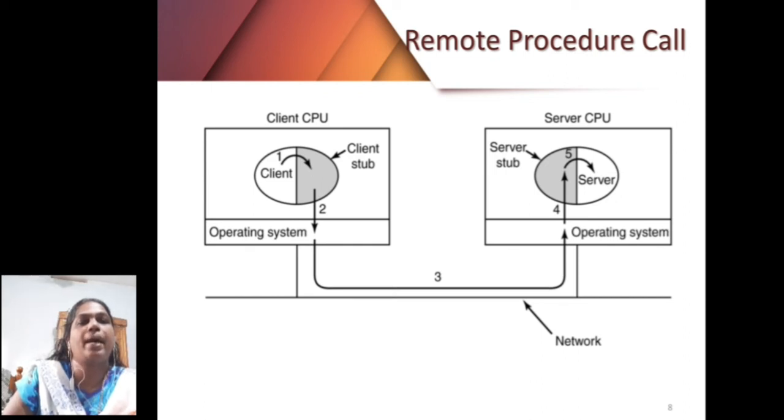The server stub unpacks the message. This process is called unmarshalling. The client stub packed the message, so that process is called marshalling. Here the server stub unpacked the message, that is called unmarshalling, and it is sent to the server process or the remote process. The remote process processes the message that has been received and sends a reply. The reply message will be sent through the same path in the reverse direction. Thus a client or a process can receive a service from a remote process.